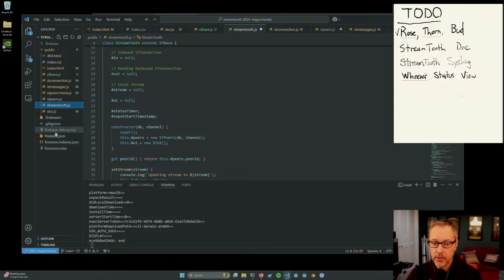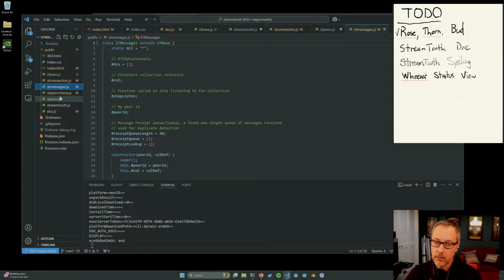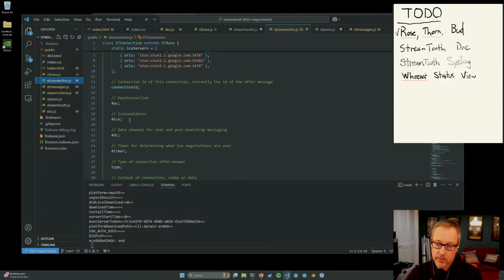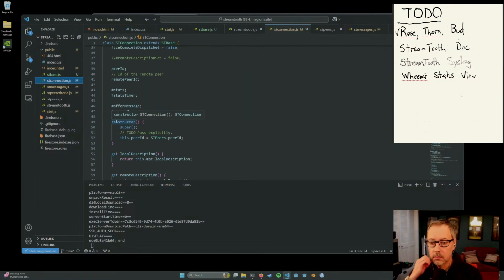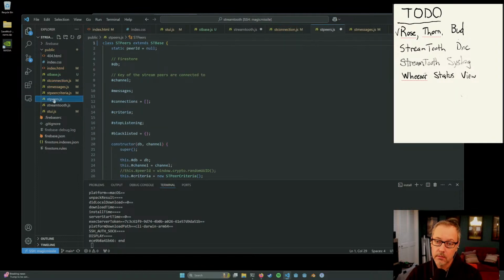What we're going to need to be able to do, though, is if everything right now, not all these things need to talk to Firebase. In fact, most of them don't. ST Connection doesn't know anything about Firebase. So what we're going to need,